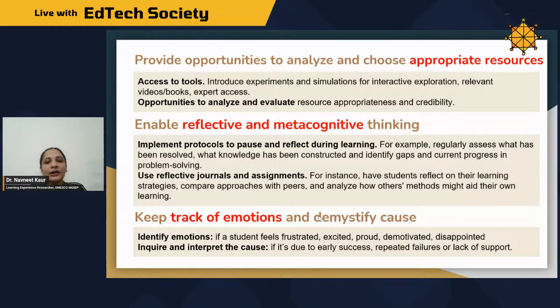So even if we want learners to experience failures because it will help them explore more, we don't want them to experience failure to the extent that they feel demotivated. So it's very important to intervene at the right moment, and emotions will help you identify those moments of uncertainty and what effect it is having on the learners.